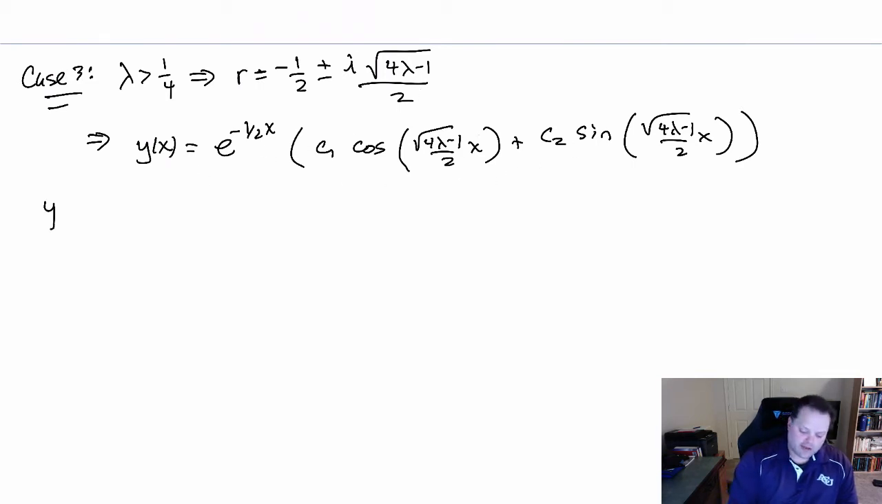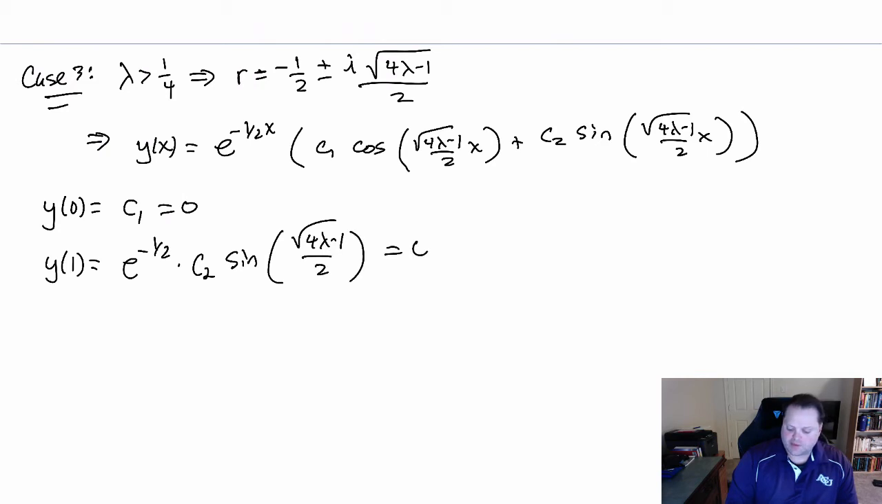If we look at the boundary conditions, y of 0 turns out to be just c1, since sine of 0 is 0 and cosine of 0 is 1. So we know that c1 is 0. If you look at y at 1, it's e to the minus 1/2 times 1. c1 is 0, so forget the cosine term. You would get c2 sine of this,